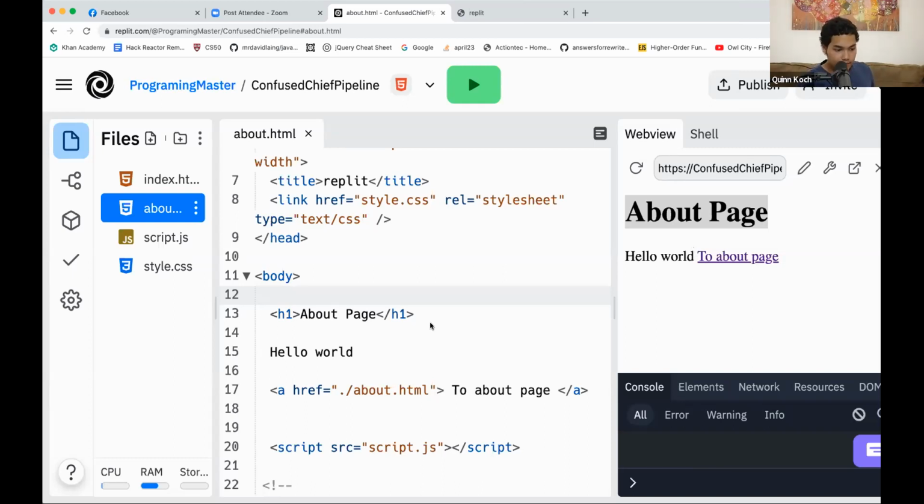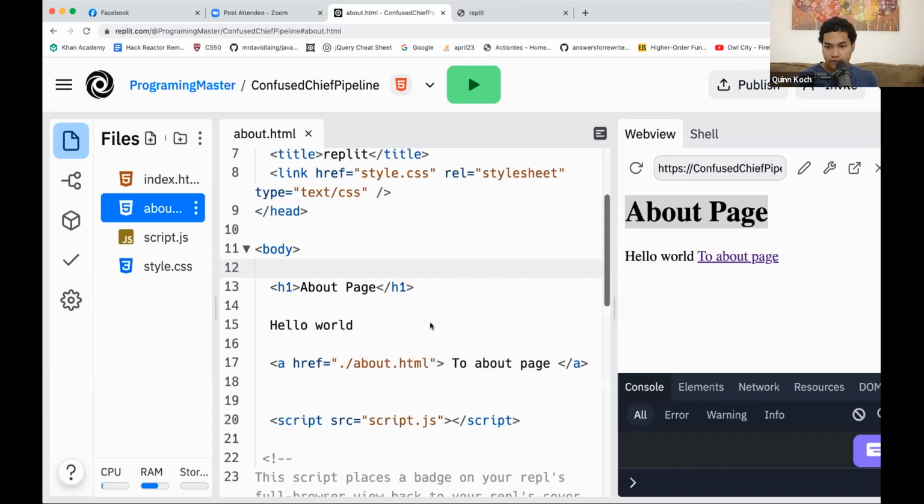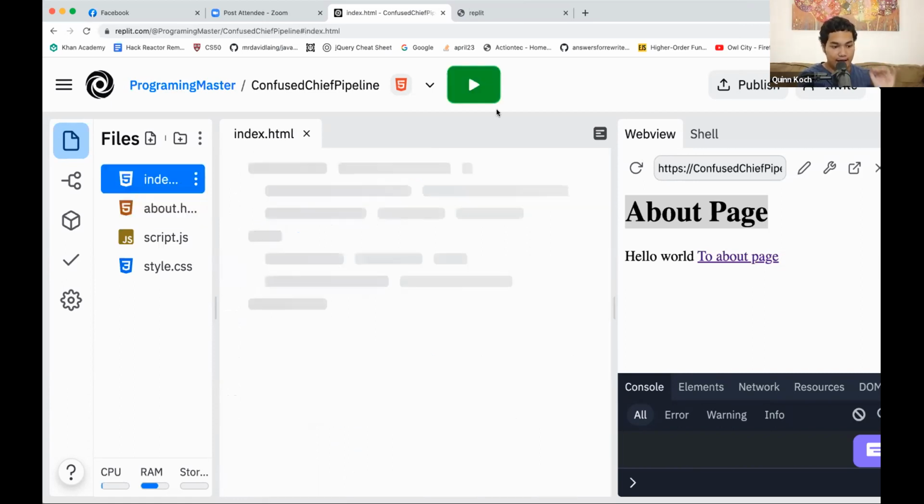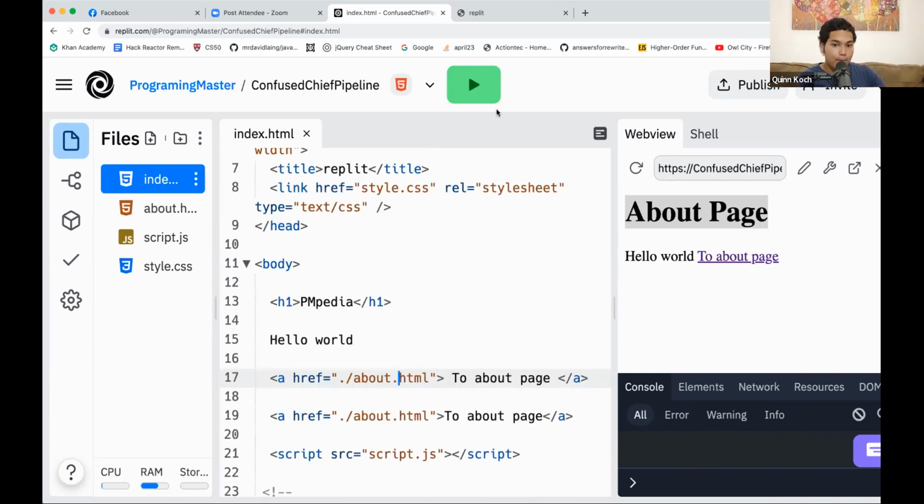Let's go back to the About page. And the final thing here in making this is that we have the index, it should be working. We should be able to run it and click on a link to go to the About page. But currently, there's no way to go back to the index. So to fix that,